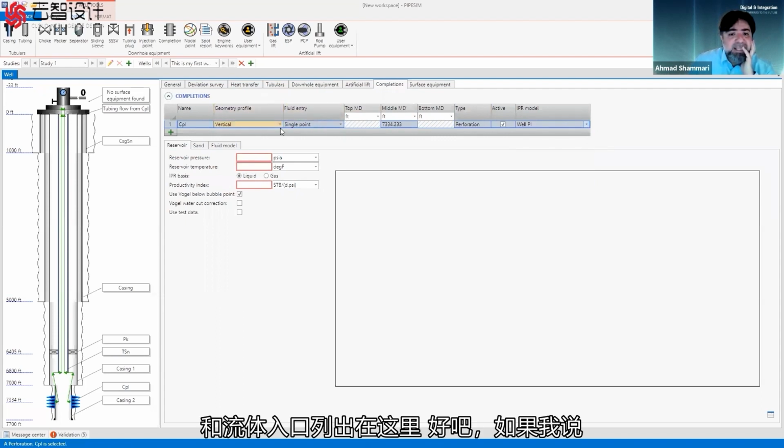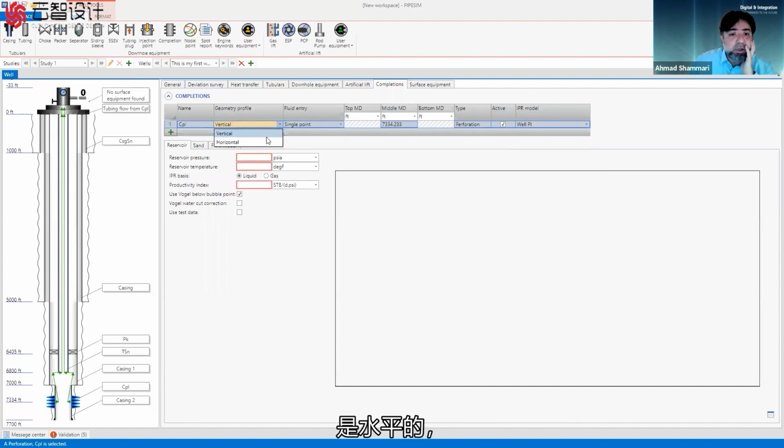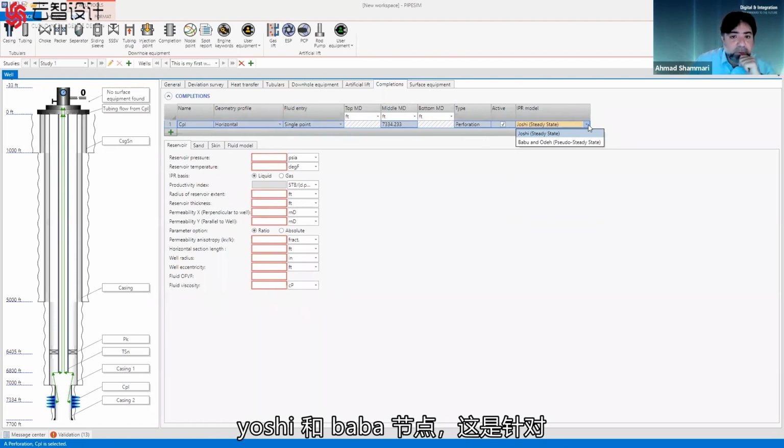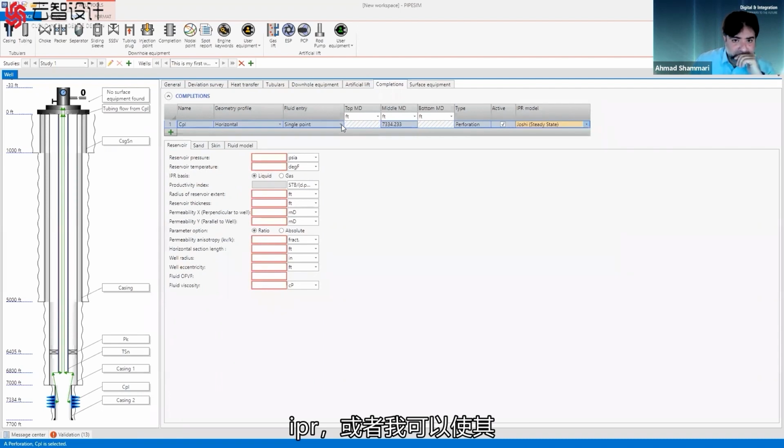If I say that my geometry profile is horizontal, then it will be turned into the horizontal IPR methods, the steady state and the pseudo steady state methods, Joshi and Babu and Odeh. And this is for the single entry, what we call a single entry IPR. Or I can make it distributed,